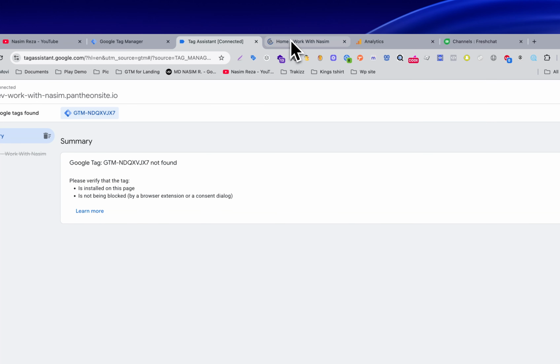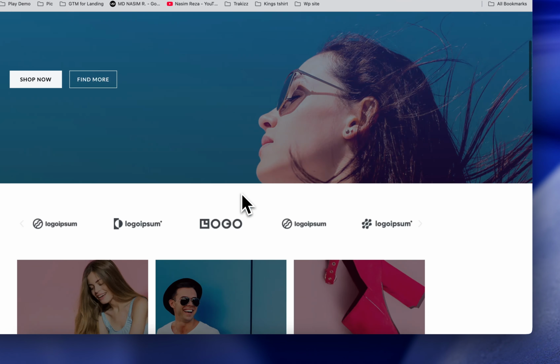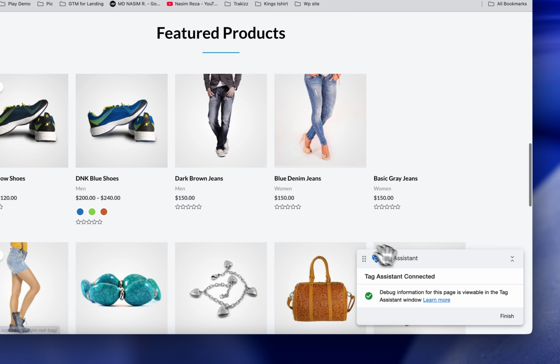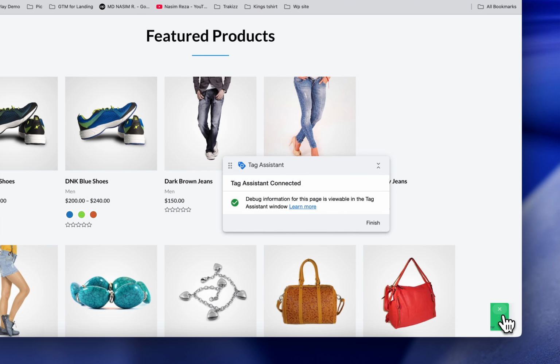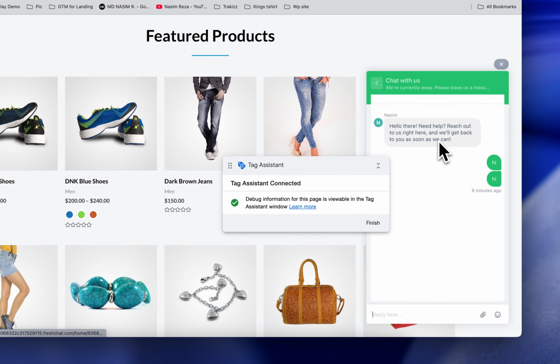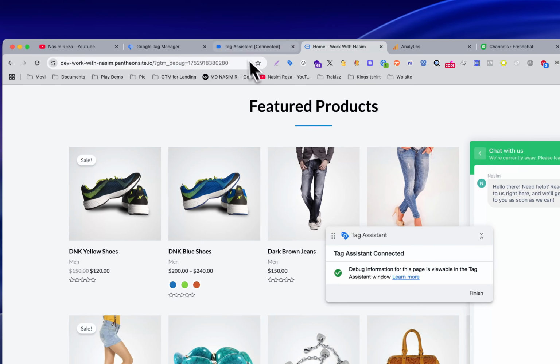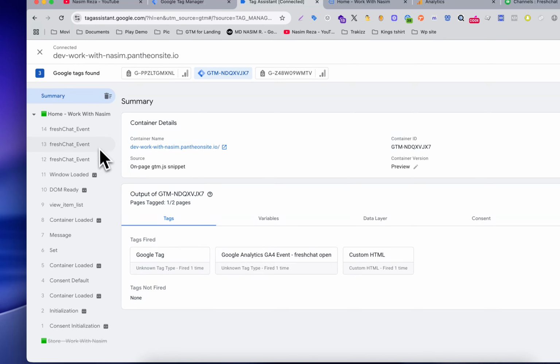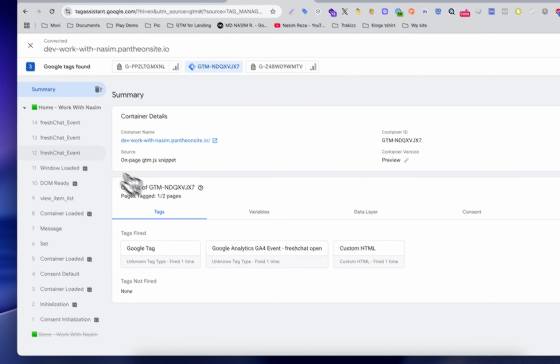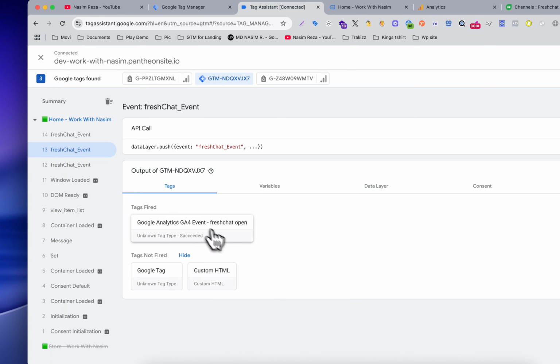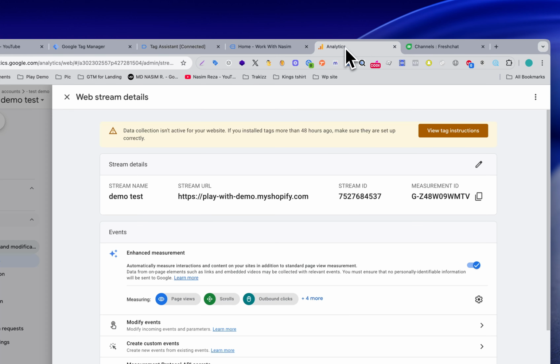Open the website and then do the activity with that and go back. Here you can see our tag has fired at that time, and if we go over